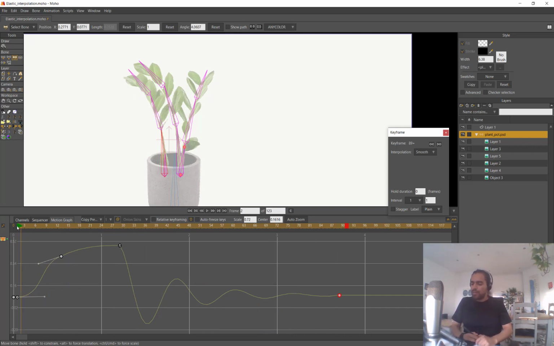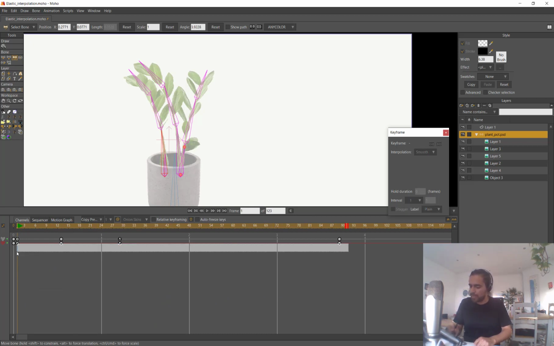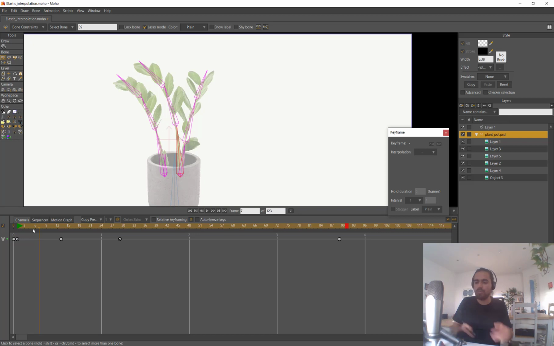So what I will do now is I will go back to the channels view, and what I can do is copy all the keyframes of this animation. So I will copy them with Ctrl C. And now I can select another bone. For instance, I can select this bone here, and I will paste these keyframes from one bone to the other, but I will paste them in a relative way because I want the